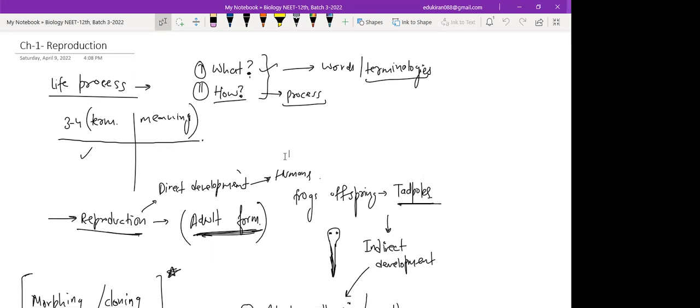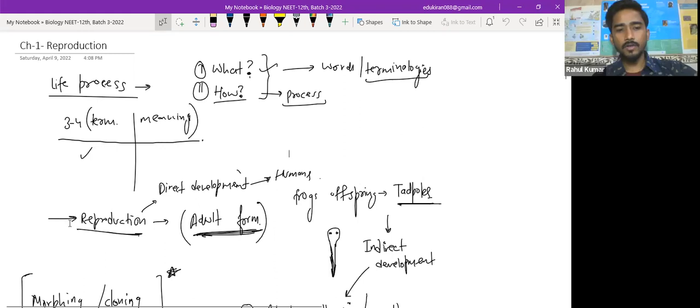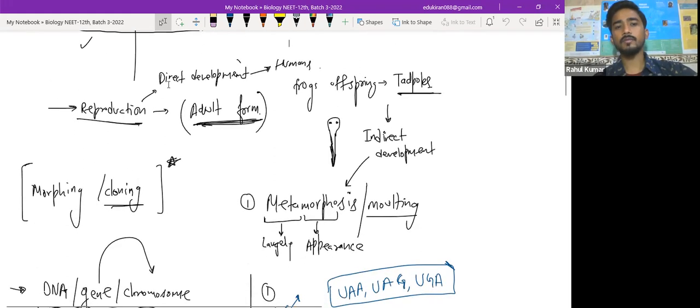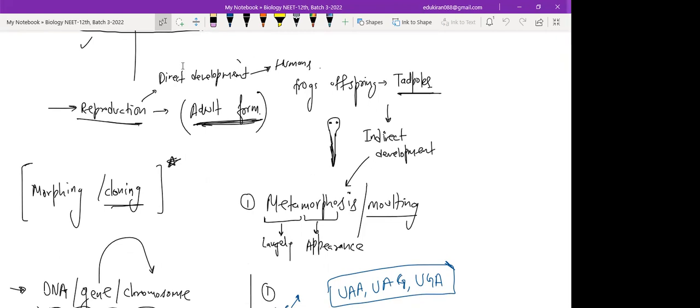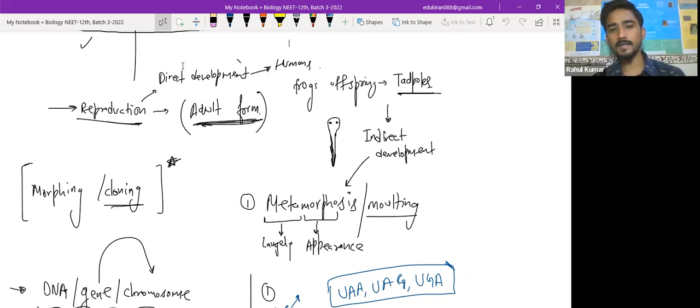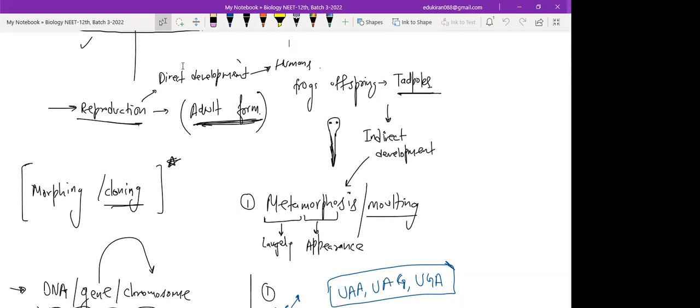Yes, sir. Perfect. Then we went on to discuss reproduction from the context of development, which is direct and indirect. Both these terms are clear. What is direct and indirect development? Alia said yes, so Alia, would you like to tell me what is direct and indirect development? Well, direct development is like, for example, humans. When they reproduce, the babies of the humans just look like them. Whereas in indirect, for example, in frogs,